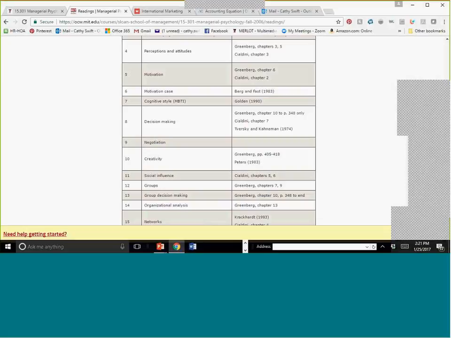And the readings on the other side would give you ideas about where to go for particular articles that support that outside of the textbook. A lot of times we want to read what they're discussing on motivation in MIT, and maybe I get some ideas of different ways to present material to my students.